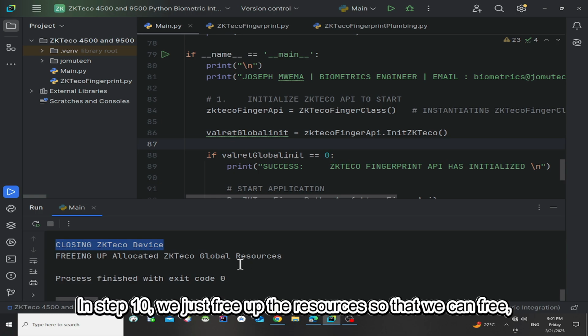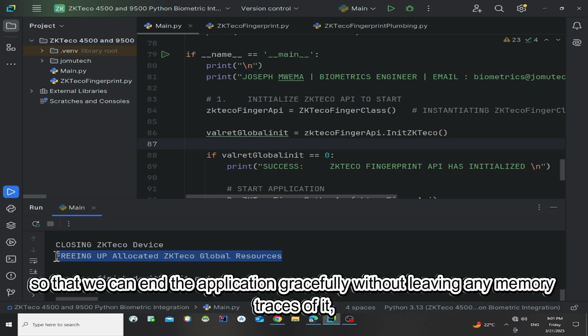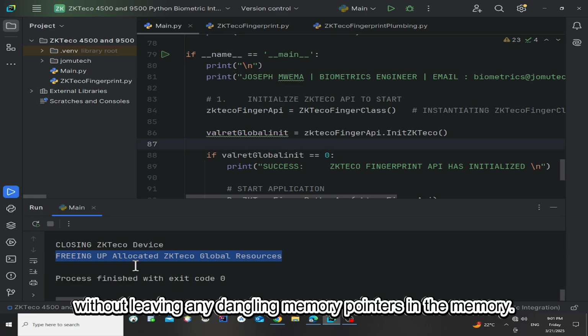And in step 10, we just free up the resources so that we can end the application gracefully without leaving any memory traces of it, without leaving any dangling pointers in the memory.